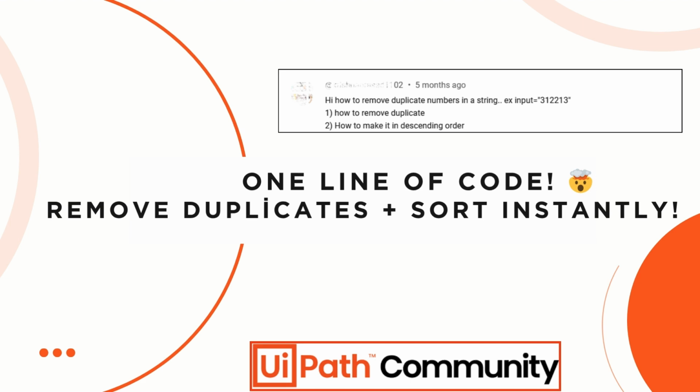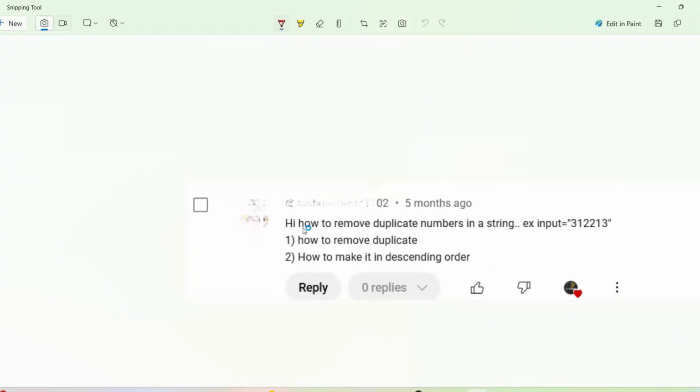comments, which I haven't answered yet. So, this is the question. Hi, how to remove duplicate numbers in a string? They have given an example. The input is a variable, and the value the input variable contains is 312213. There are two questions. One is how to remove the duplicates, and the second is how to make it in